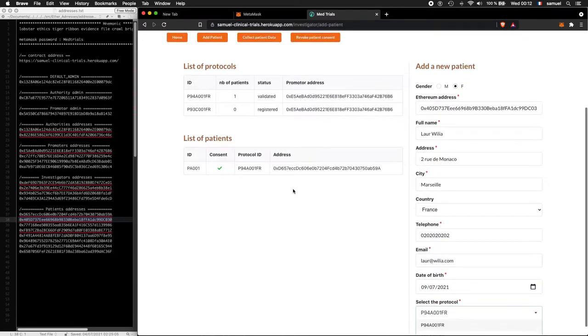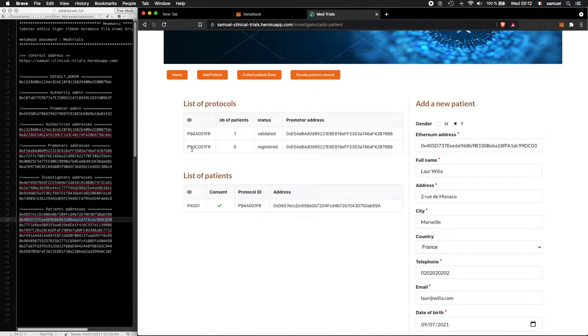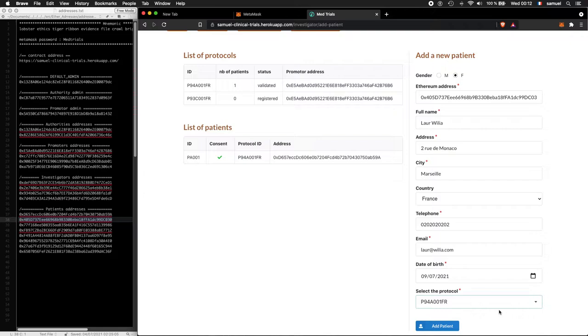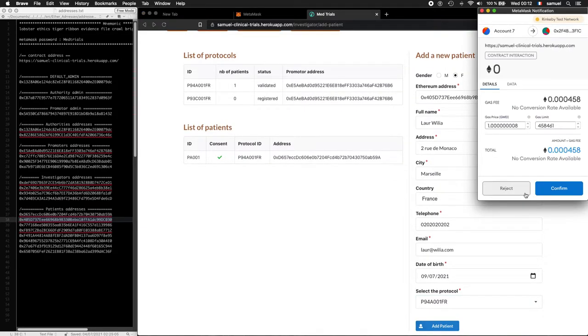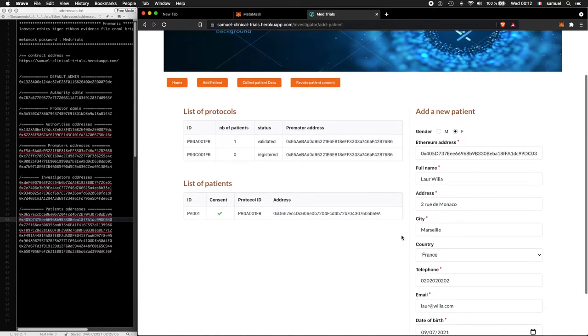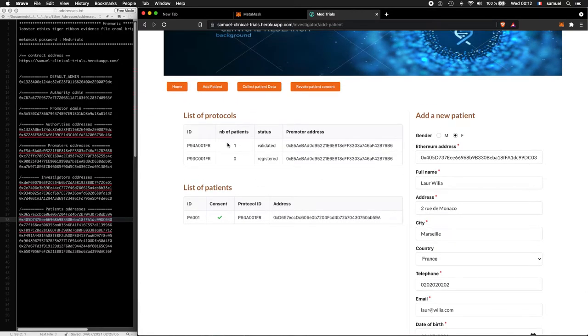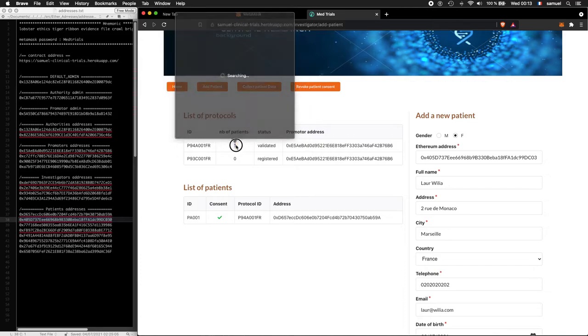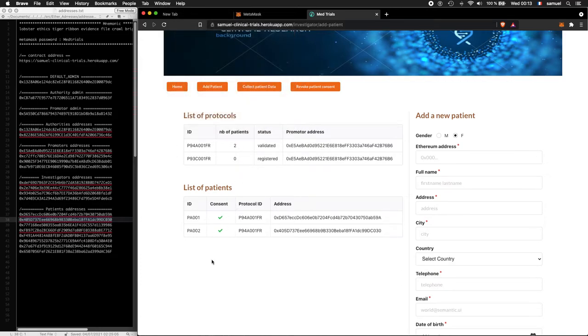And since we cannot register patients to the second protocol, I will select the first one, which is validated, and click on confirm. And we expect that now we'll have 2 patients, so this number will increase.